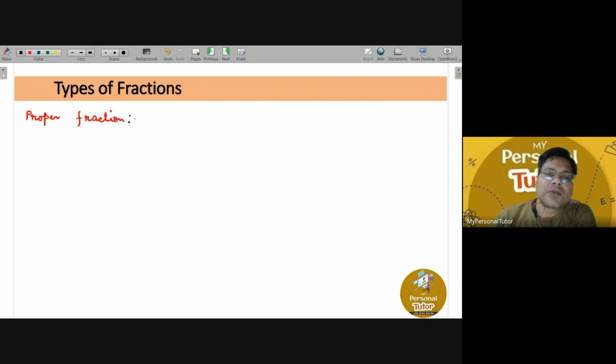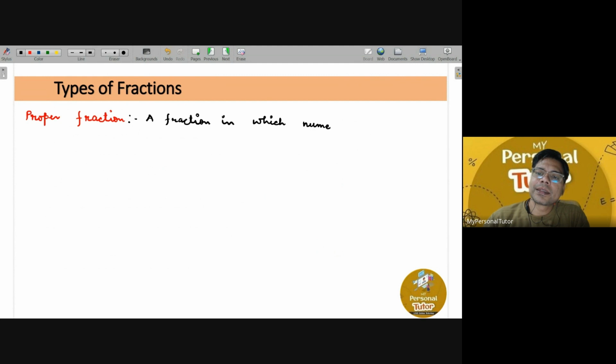What is the definition of a proper fraction? A fraction in which